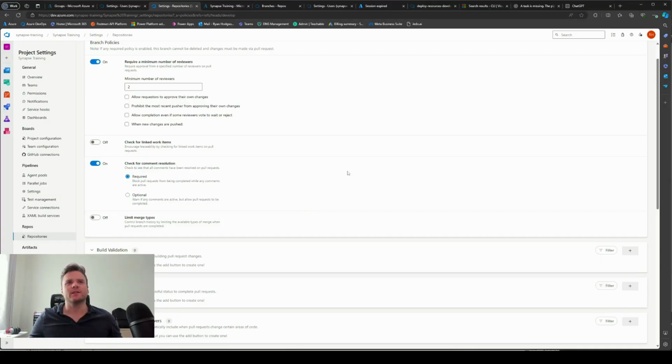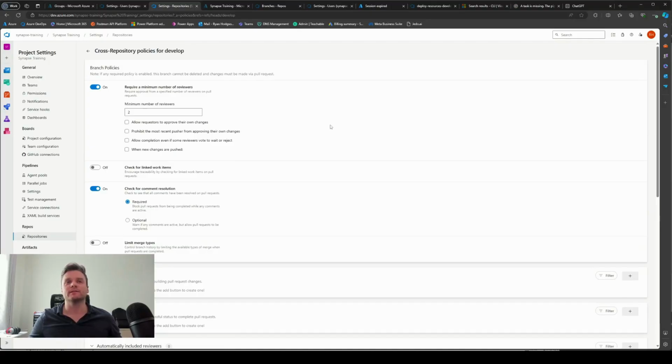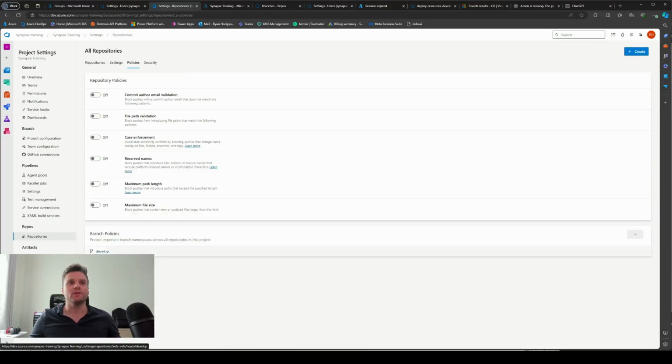But just keep in mind that if this project has a lot of existing repositories before you start doing this, it might have some unintended changes and overwrite some development branches that you have in other repos that have been there for a while. So it's probably best to set this up when you're working on a new project, or if you don't have any policies for anything else just yet, then it's safe to do this. I won't save that for now, but you can do it for develop and test and all the other environments,